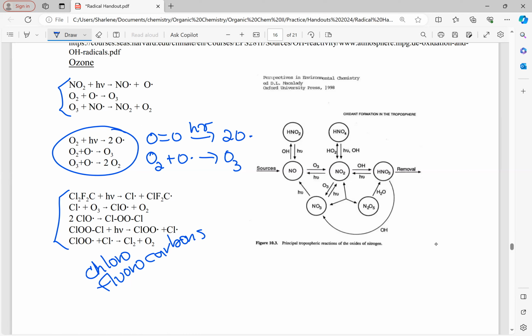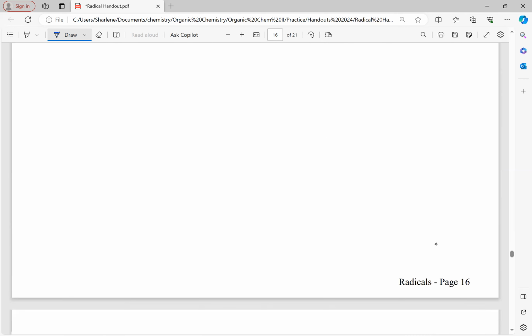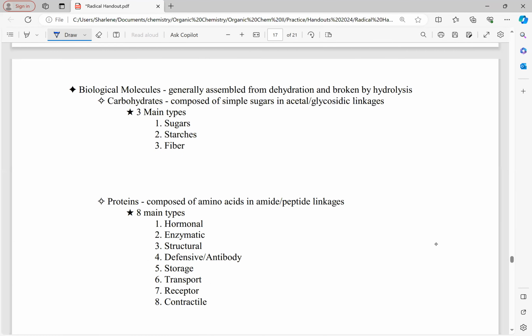I also found this very, very interesting: the oxidant formation in the troposphere. Ozone plus NO will make NO2, but light will take it back to NO. But if you take NO and the hydroxyl radical, you can make HNO2. This was just a very nice diagram. Again, mostly for interest. Really, all I need you to know is ozone and the hydroxyl radical are important in the atmosphere. Now, what we're really going to talk about in the future, though, are